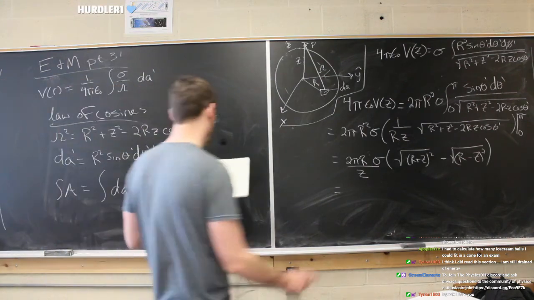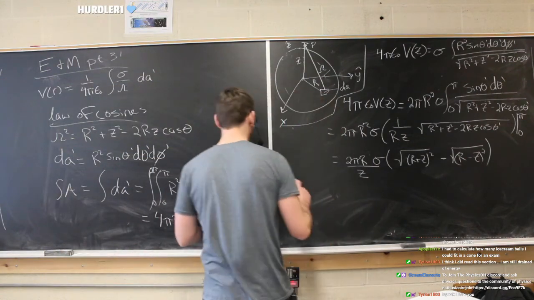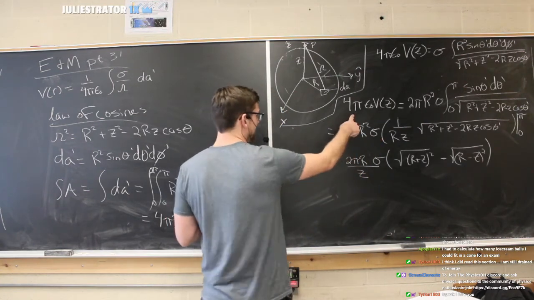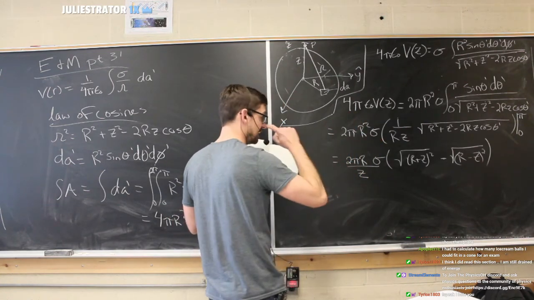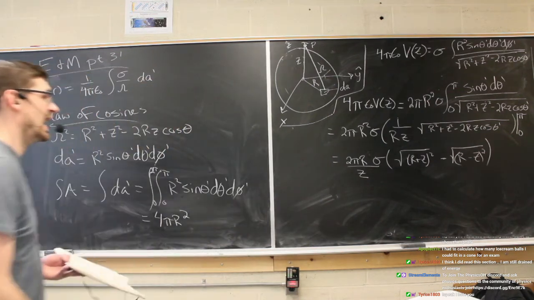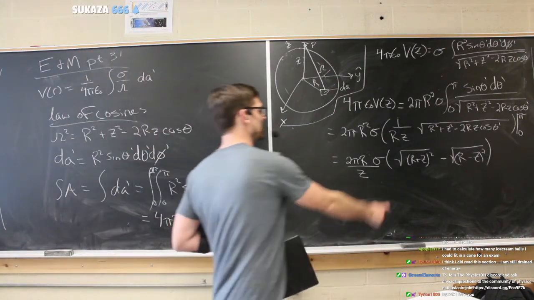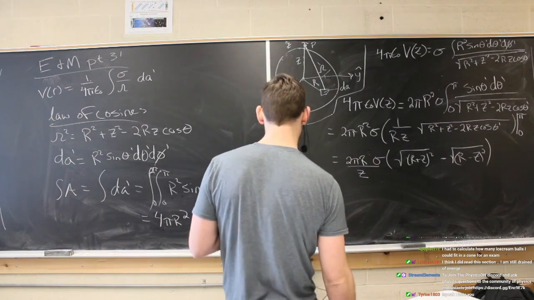So let's write those out. And then we're going to move this stuff back over here, too. So you're going to see some weird stuff happen in this term, but it's just the 4 pi epsilon not getting back to where it's supposed to be. And that's going to be important because we're going to need to bring back in this sigma at some point. We're going to need to evaluate that. So let's just see what we get.